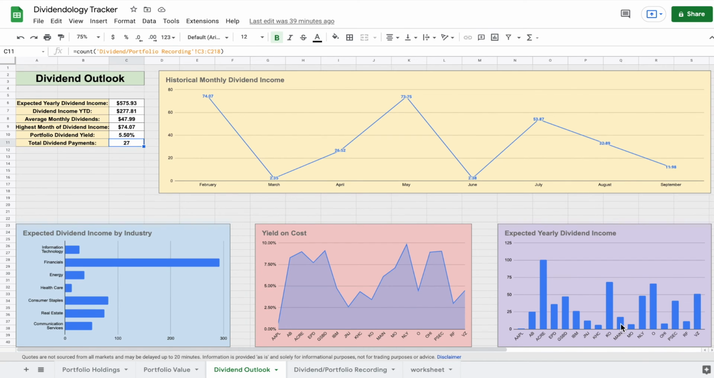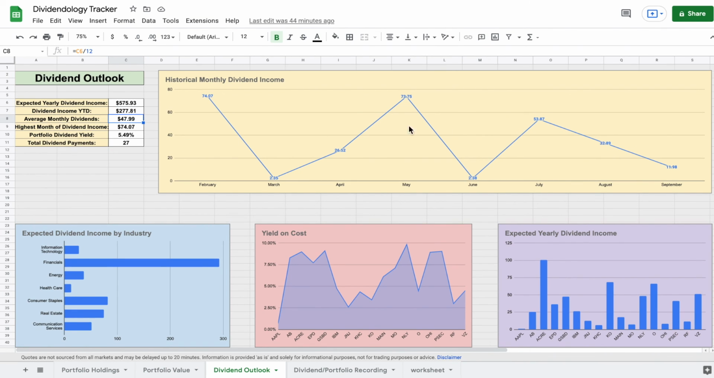So in conclusion, you can see that from a $10,000 dividend account, I'm expecting to make about $576 for the year in dividend income, which comes out to just under $50 a month. I am expecting next month to be one of my largest months of dividend income yet,